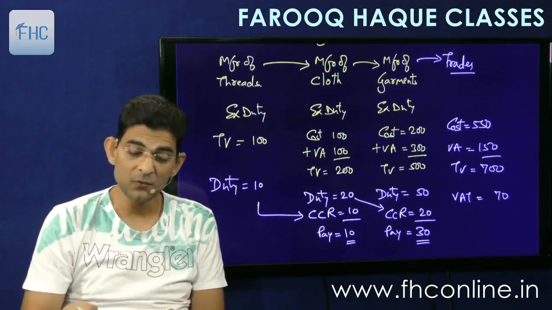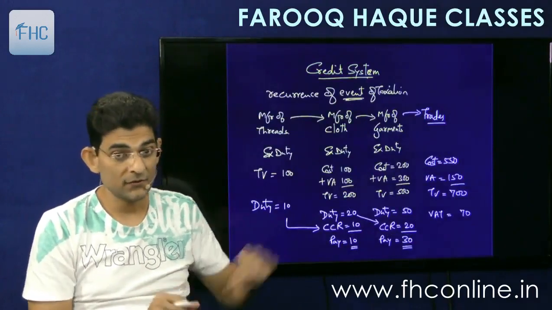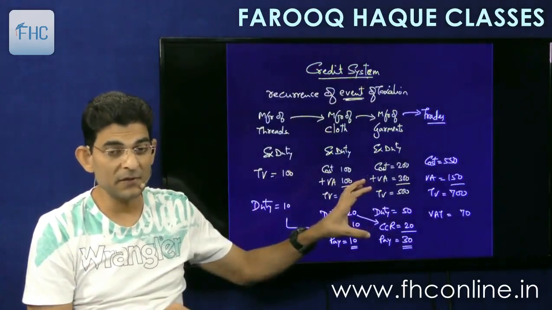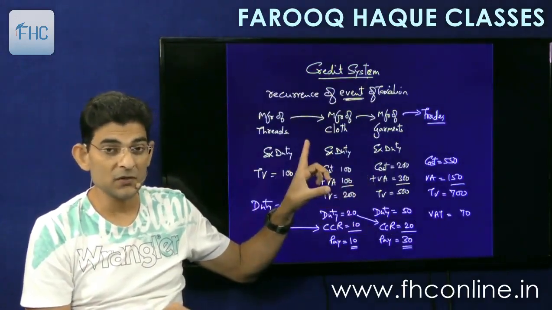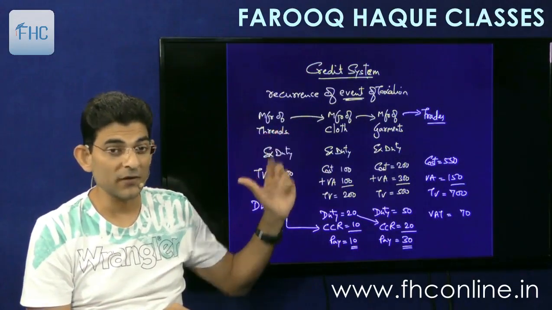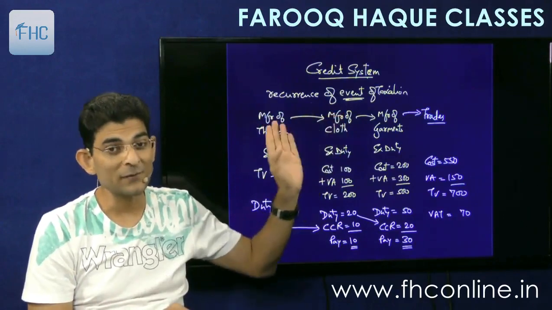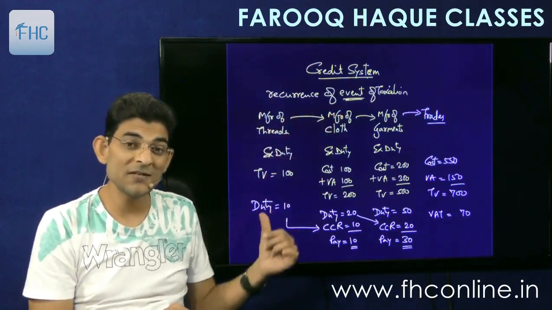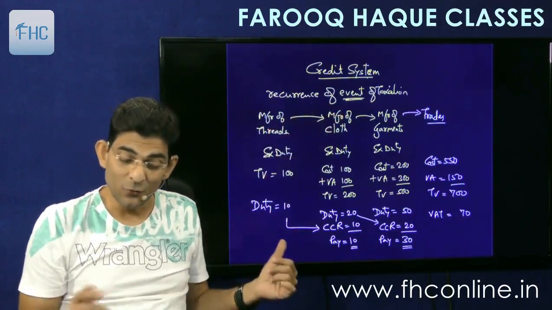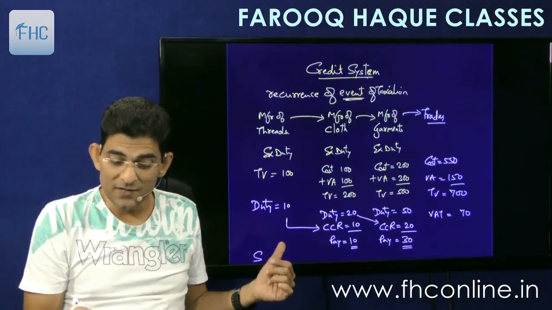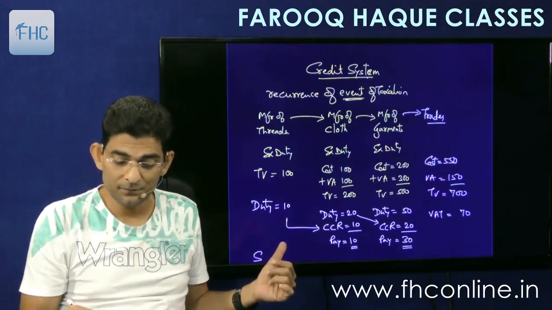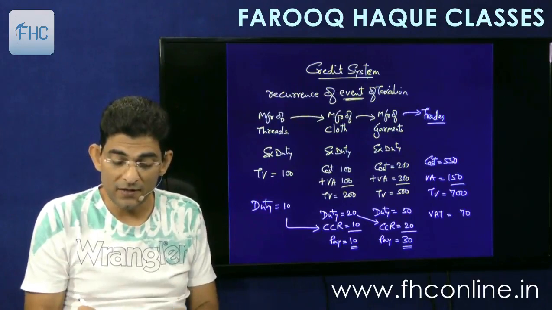But then I'll add something to this. This is the excise duty that these people have paid. But these are manufacturers, so they manufacture the goods. So on manufacture there is excise duty. But then they are selling it also. After manufacturing they are selling it. So there will be sales tax also. So all these people will pay sales tax, means VAT also. Okay. So let's add VAT.